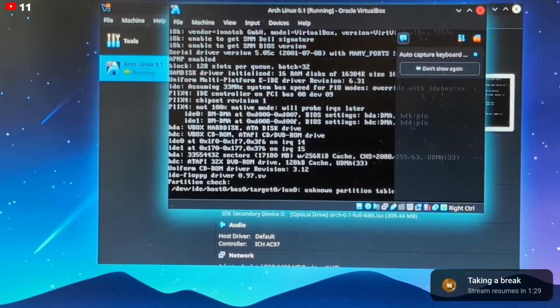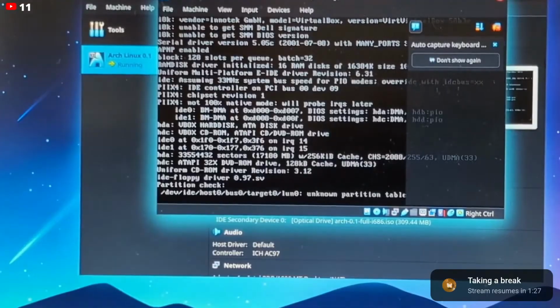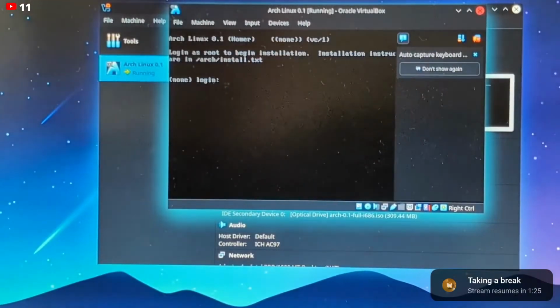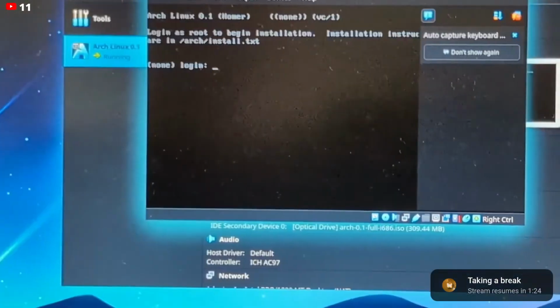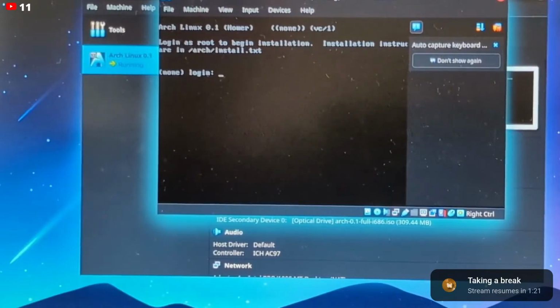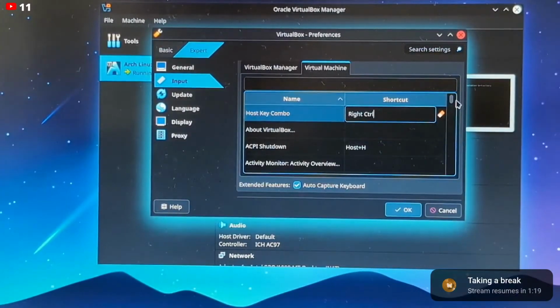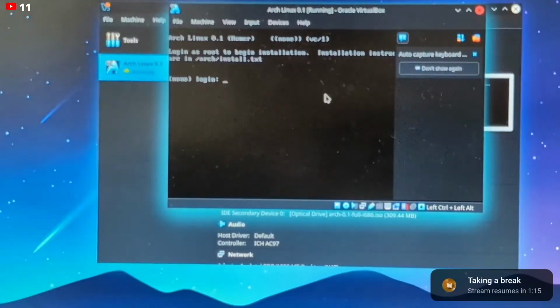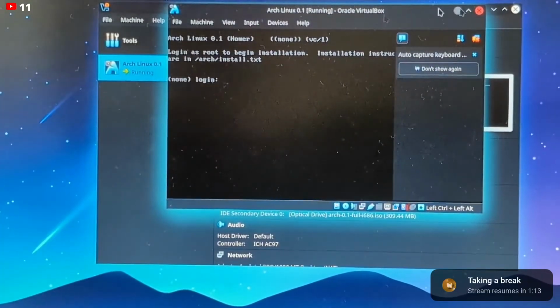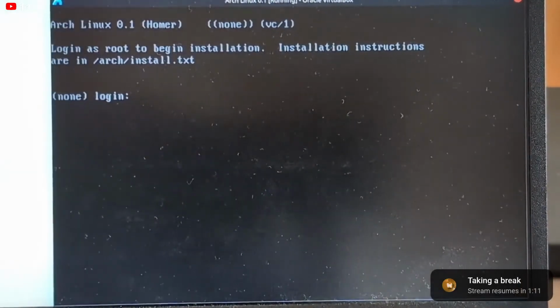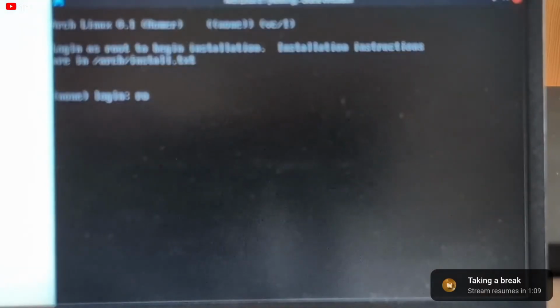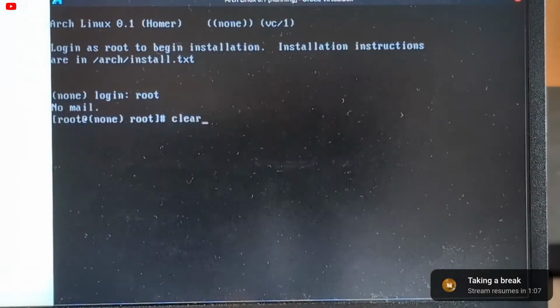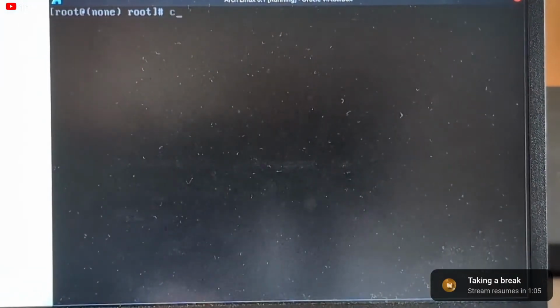Nice. I do not have a right control button. I need to change this. Host key combo. Control Alt. Alright, there we go. Hey, now it works. Alright, now it's big enough so that you can actually see. So we're going to log in as root, clear the screen, and